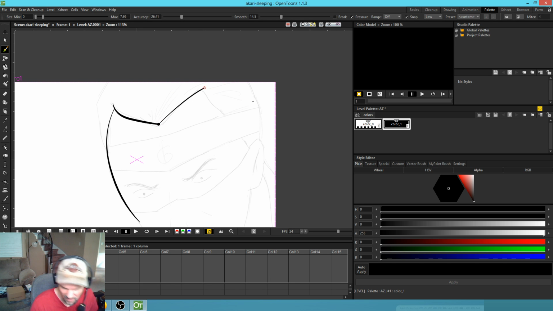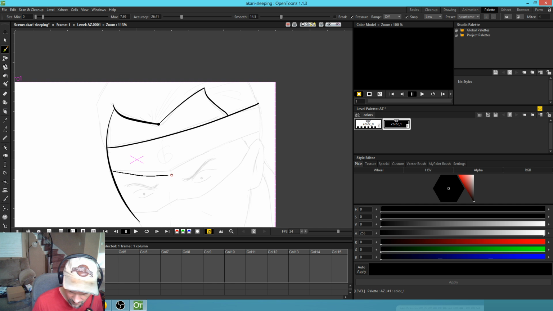The smoothing is going to give me a little bit of drag, just like it does with the Toonz raster levels. And the accuracy, you could think of it as being all about smoothing your lines out, but you could think of it like this. The accuracy